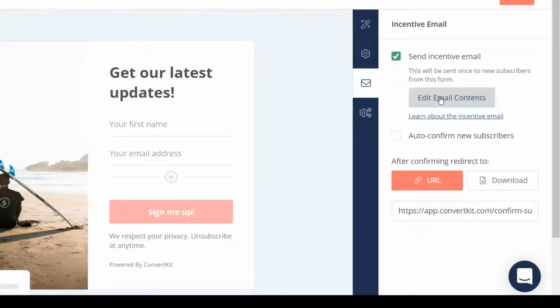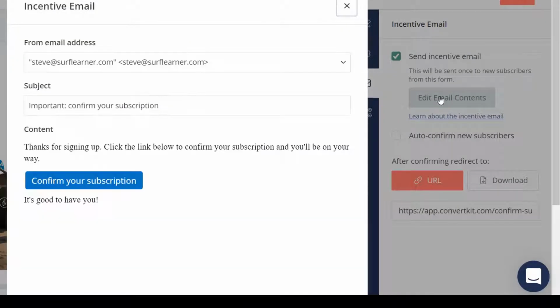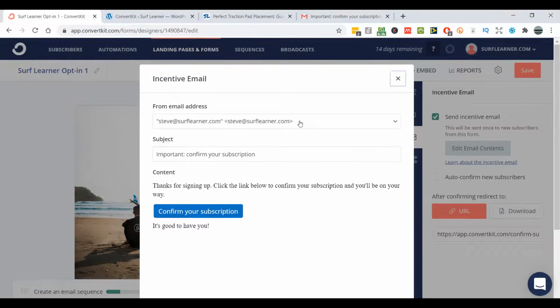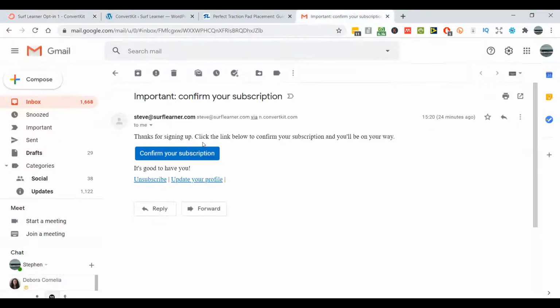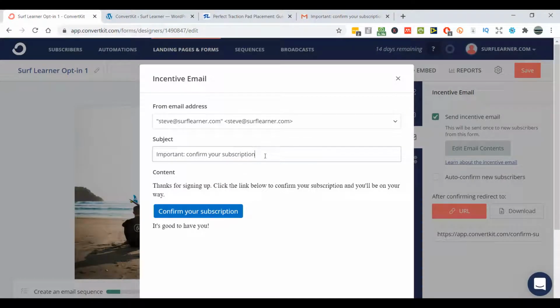You can read more about it there, but what we can do is simply press edit email contents, and it will look familiar. Okay, so you can choose the sender's address. We've only got the one in there for now, and if you remember, this was the email that was to confirm subscription. So you can customize this to make it look a bit more welcoming and appealing. So if I go back, maybe I'll just put an exclamation mark,